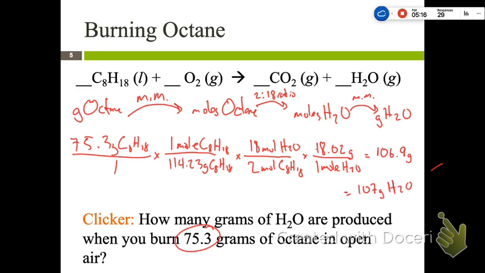So one of the things that you miss out on if you just try to go right into calculating things and throwing numbers in is this time we didn't start with the number of moles, so we had to add an extra step compared to last time. However, sometimes when people start with the number of moles, they want to do this step. They want to use the molar mass, but you don't need to. So if you figure out what your steps are first, and then you put it into action, it's going to be a much cleaner process.